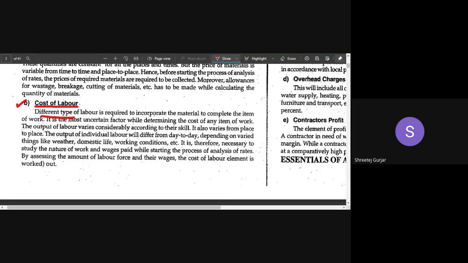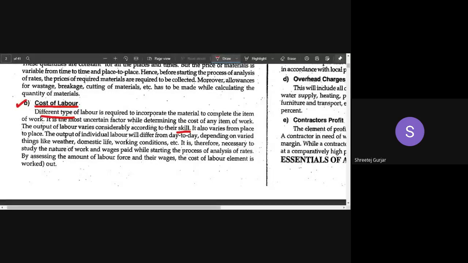Different types of labors. I will differentiate them into two types, depending upon their skill. Skilled and unskilled labor are the two categories. Okay, two categories. And then we have different kinds of labor, such as you have mason who works on bricks,